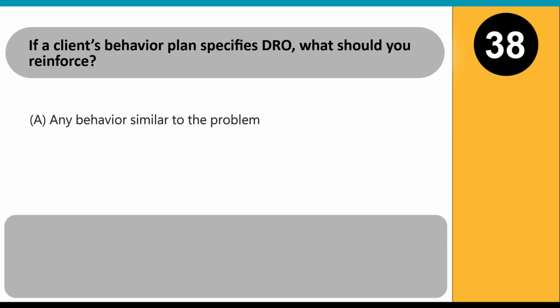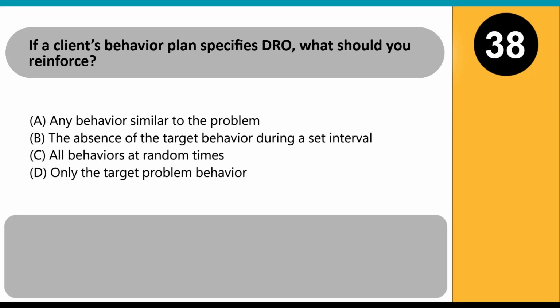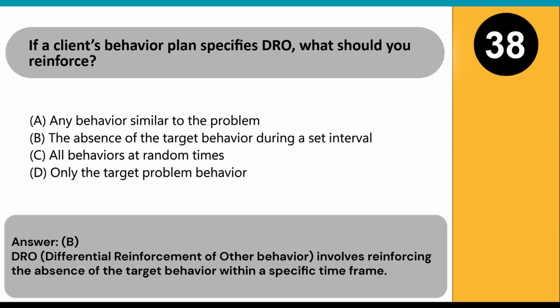If a client's behavior plan specifies DRO, what should you reinforce? A. Any behavior similar to the problem. B. The absence of the target behavior during a set interval. C. All behaviors at random times. D. Only the target problem behavior. Answer B. DRO, differential reinforcement of other behavior, involves reinforcing the absence of the target behavior within a specific time